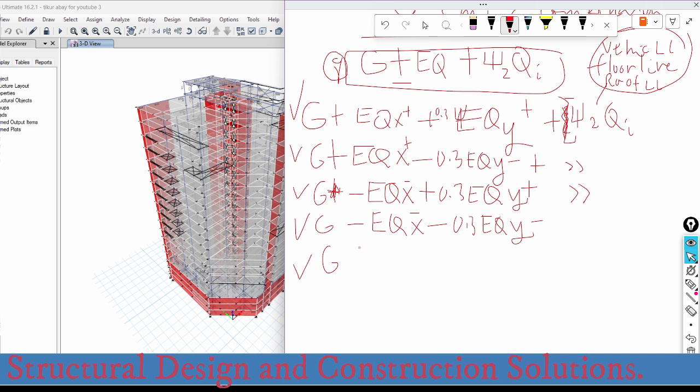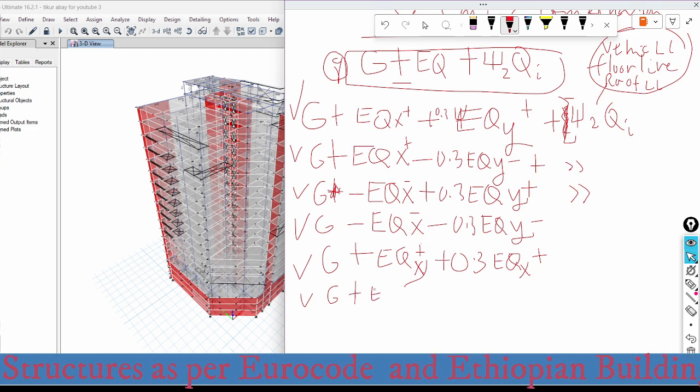So that is the permanent load plus the earthquake load in the y direction, this is y positive direction, plus 0.3 earthquake load in the x positive direction. And the other, the permanent load combined with 100% of the earthquake load acting in